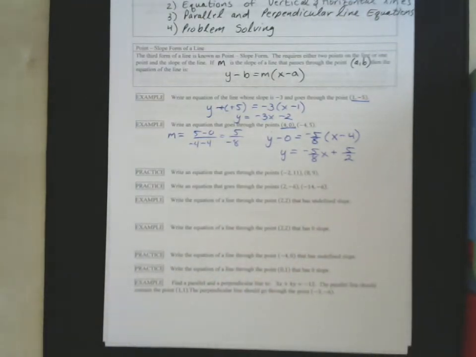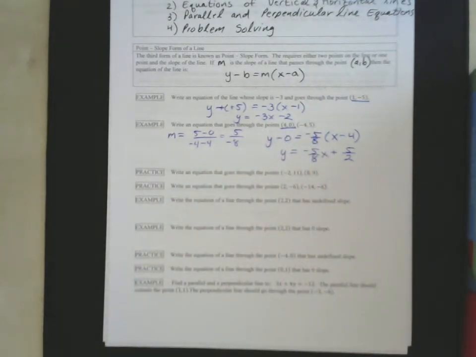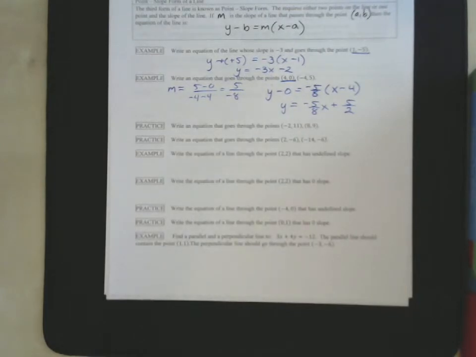So this is the most open-ended version of the line, because all we need now is 2 points. Any 2 points we want. We can calculate slope and then use one of them to put it into point-slope form. So there's a couple practice problems. Coming back to examples here,